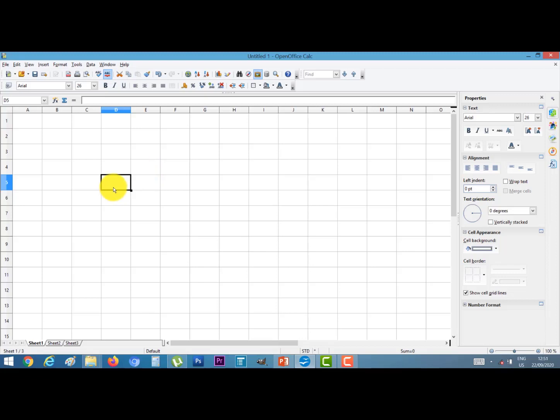The address of this cell: our column is D and row is 5. Then the cell address is D5. The cell address of this cell: column is G and row is 7. The cell address is G7. The cell address is very helpful in a formula.